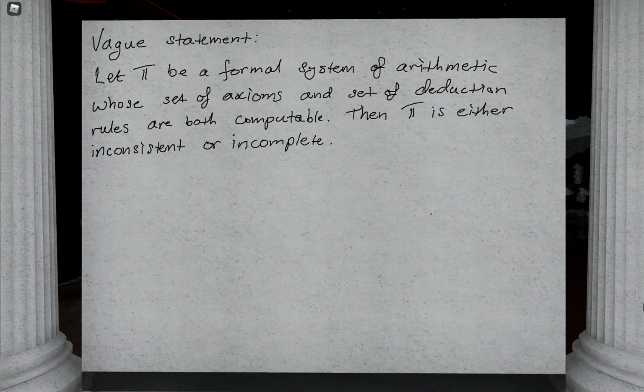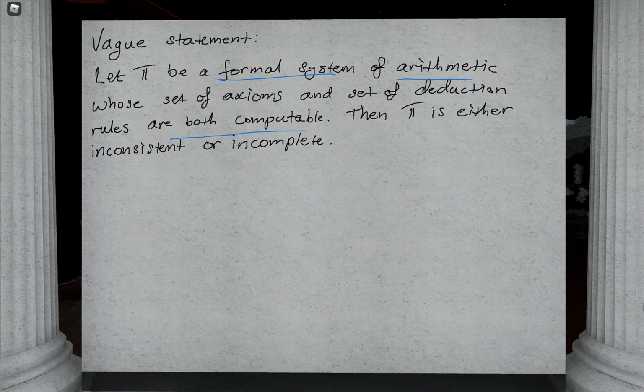So the goal of today's lecture is to slowly make this vague statement more precise, and then we can get started with the very beginnings of this proof. One last thing that I would say, just by way of introduction, is over the course of learning this argument, I have completely fallen in love with this result as well as the argument used for it. So I'm very excited to be presenting it, and hopefully the audience enjoys it in the same way that I do by the end. Okay, so there's a lot to make precise here. So let me underline it: formal system of arithmetic, whose set of axioms and deduction rules are both computable. So this will take us a little bit of time.